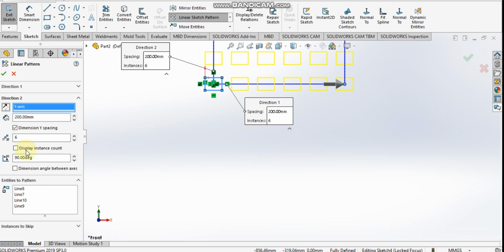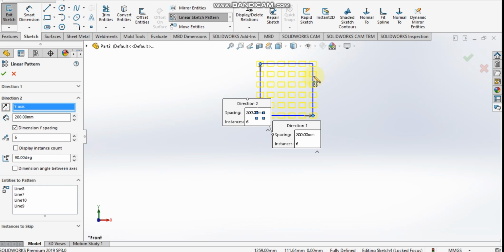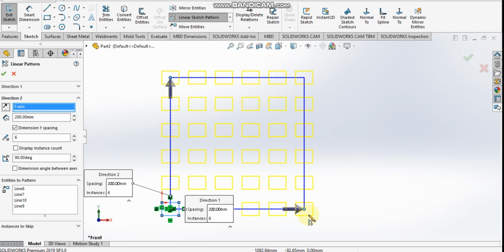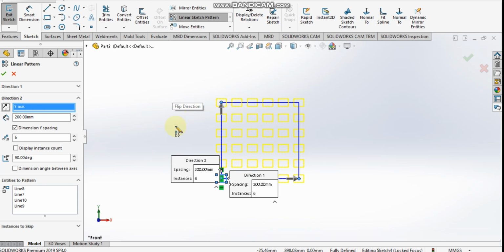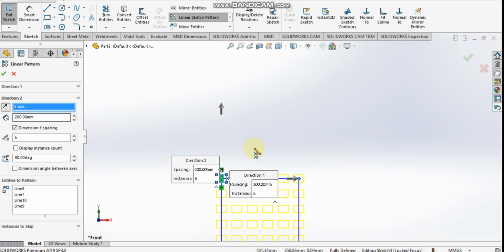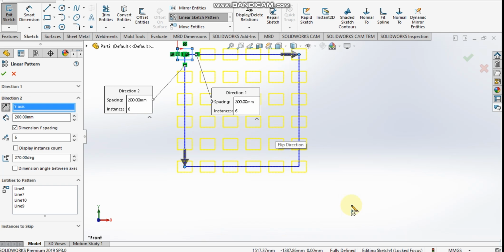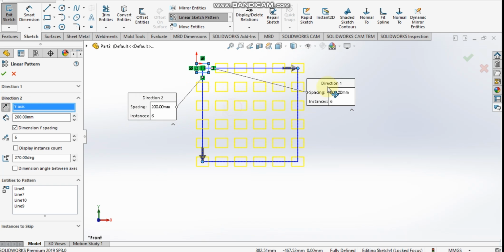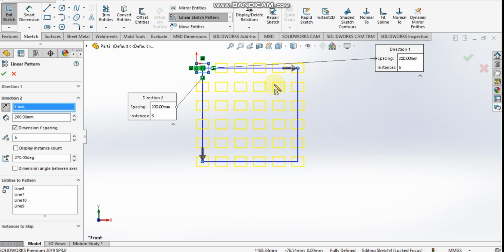If I reverse this, you can see over here the pattern is created in the positive y direction. This arrow indicates the direction. Basically this is the positive x-axis, this is the positive y-axis, so the positive y-axis is inclined at 90 degrees. And if I again reverse it, you can see over here this is positive x, but this is negative y, that is 270 degrees.